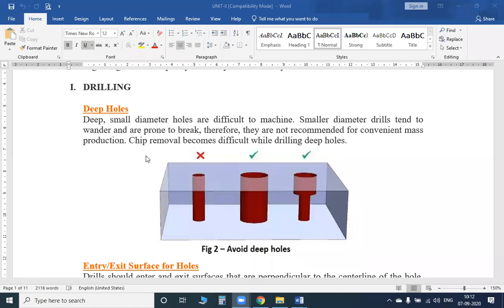So, we have to see what type of holes are to be drilled also. When you have this type of hole, then you can accept your workpiece for further production. When you don't have this type of thing, we can't accept the workpiece for further production. Clear, students? So this is the point which explains that we should avoid deep holes. Deep holes mean a very thin part, and it should be avoided.